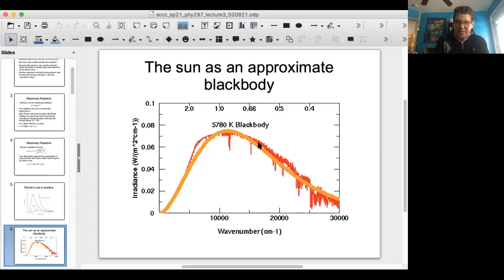It's not a perfect correlation, but it lines up fairly closely with a black body spectrum of 5,780 kelvins. And you see there are some dips corresponding to where there's absorption of radiation within the solar atmosphere. But otherwise, it can be approximated fairly well, and it gives a reasonably accurate estimate of the sun's surface temperature, about